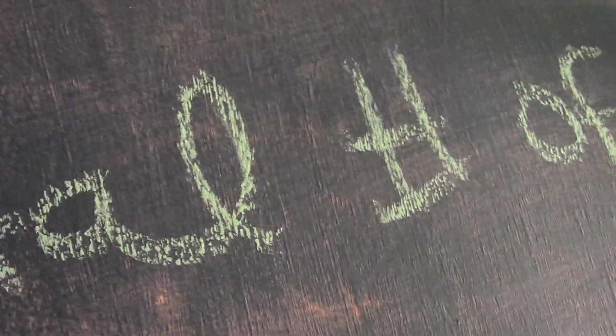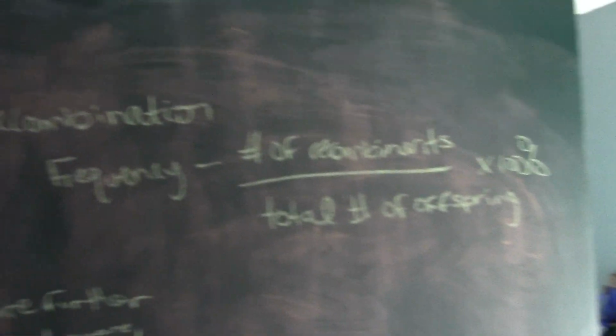So your recombination frequency equation is the number of recombinants over the total number of offspring, and that's going to be times 100%. Okay, so if I do a quick word equation,